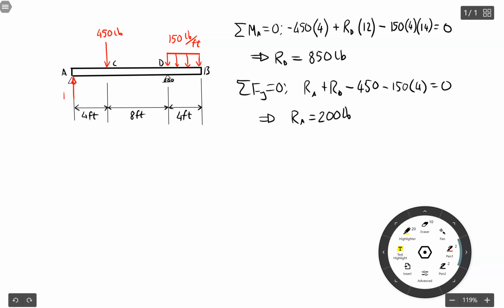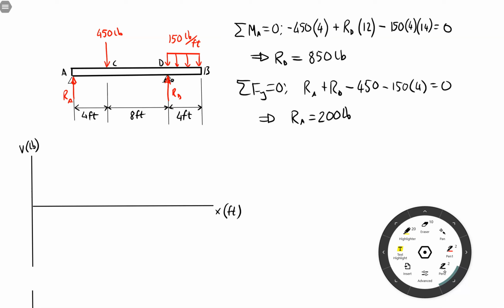Now, what we actually have happening here, bear with me a sec, I'll draw a set of axes. Okay, so here we have our shear axis, which is going to be given in pounds, and then here we have our distance along the bar x, which is given in feet. So we know that at RA we've got 200 pound force. So what's actually going to happen to our shear curve is it's going to jump up and basically start here at 200, and then between A and C there's nothing going on,